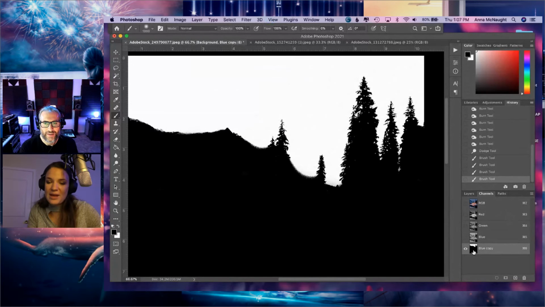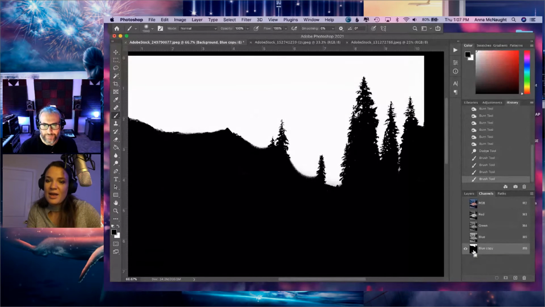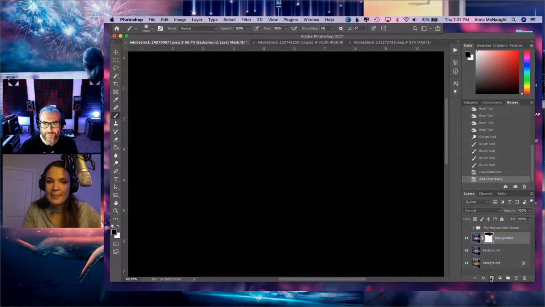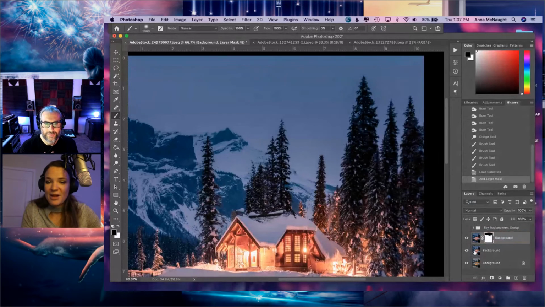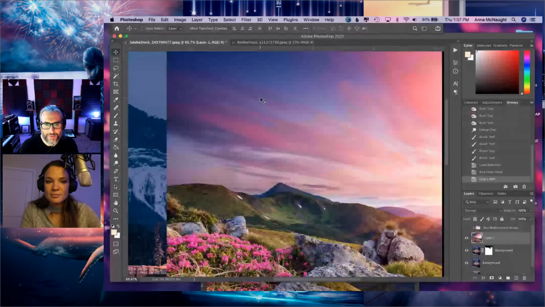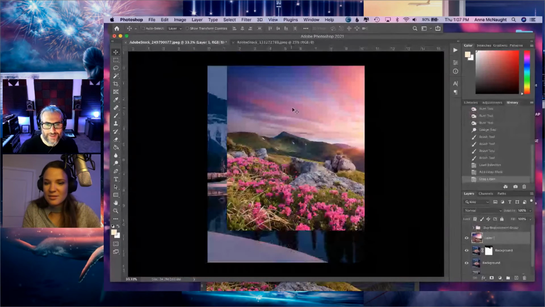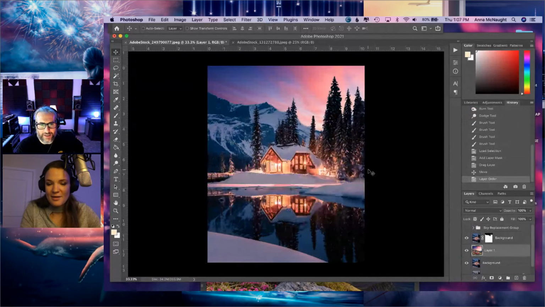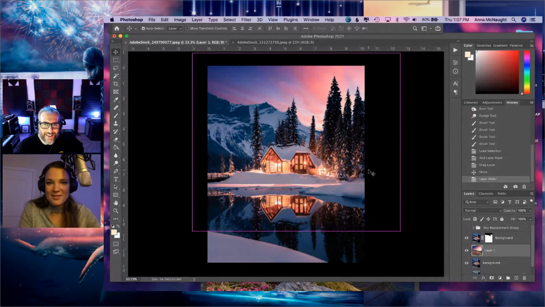So then we're going to command click on the layer here, and we're going to go back to our layers panel, and we are going to add a layer mask. And we have to actually have our sky in here, so let me gather that. It's going to place this. I love that image. That's a fantastic image. Oh, wow. Look at that.